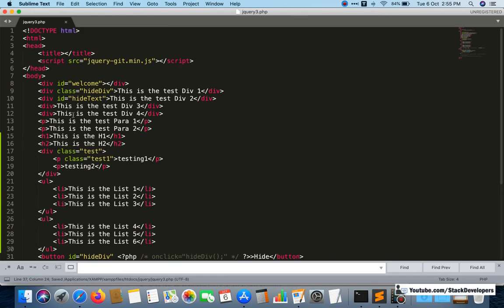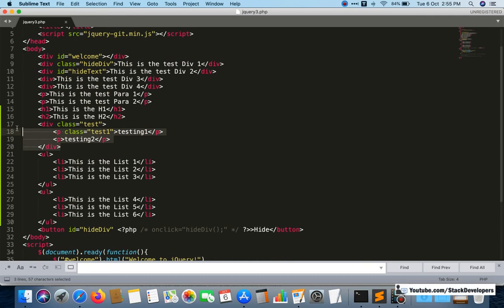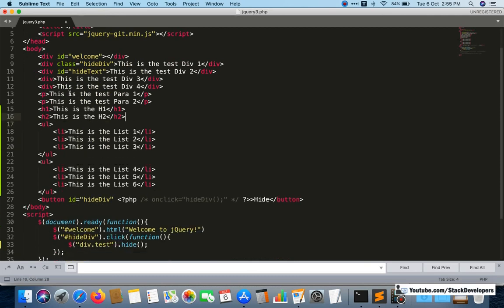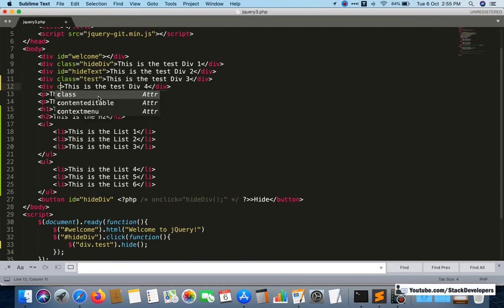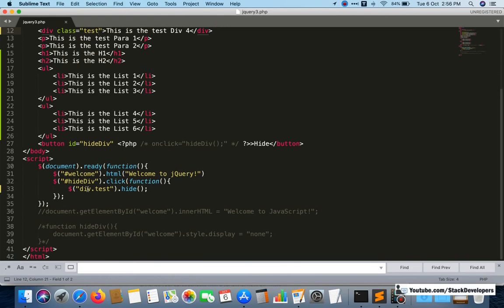Suppose I want to hide all the divs with the test class. So I am going to make it div class test, and here also div class test. I want to hide all the divs that have class test. So for that we can simply give div dot test.